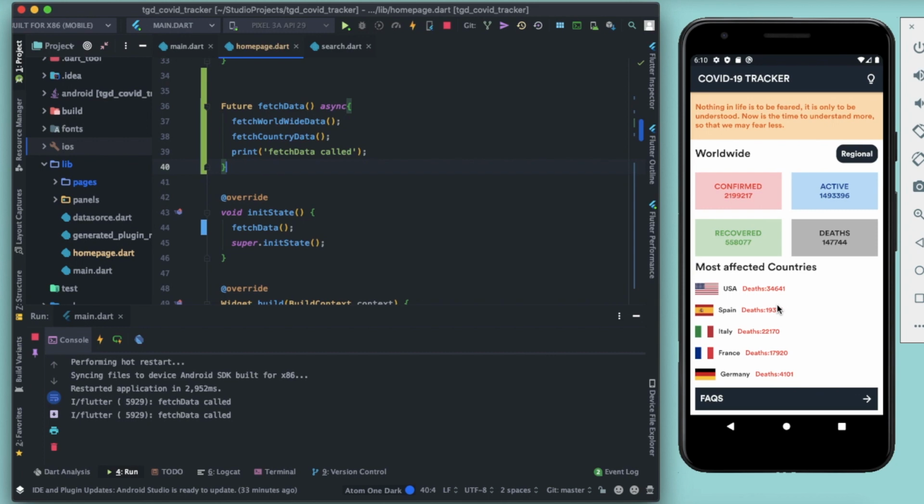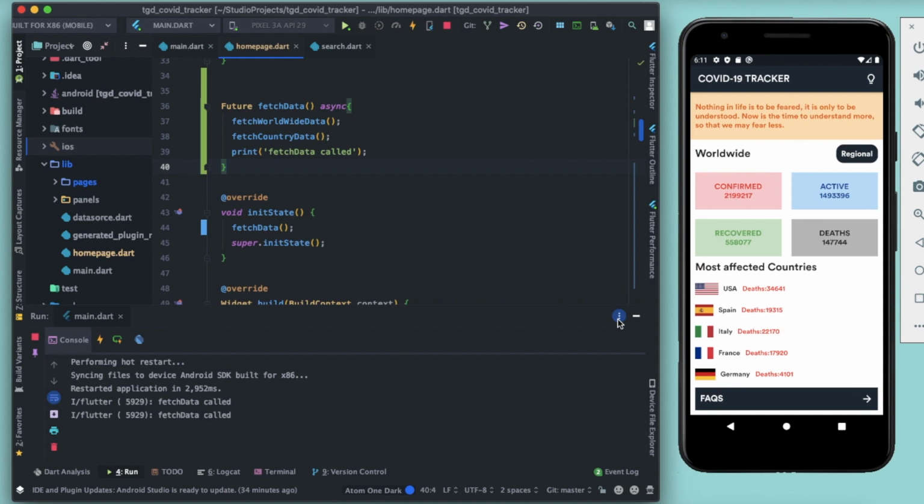Now the next feature that you requested in the comment section is to add the pie chart values to this. So how to add the pie chart values? You can always implement a pie chart using the custom paint widget in Flutter. You can also watch the wallet UI video that I posted. There I explained how you can use the custom painter widget to draw your widget, and check out that video, it might be helpful to you.